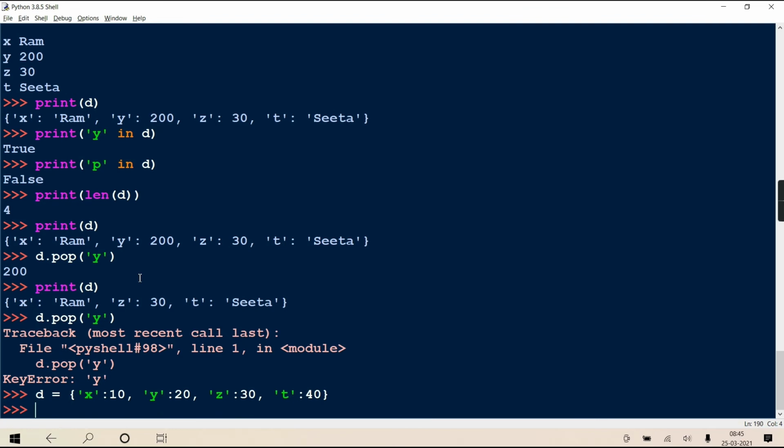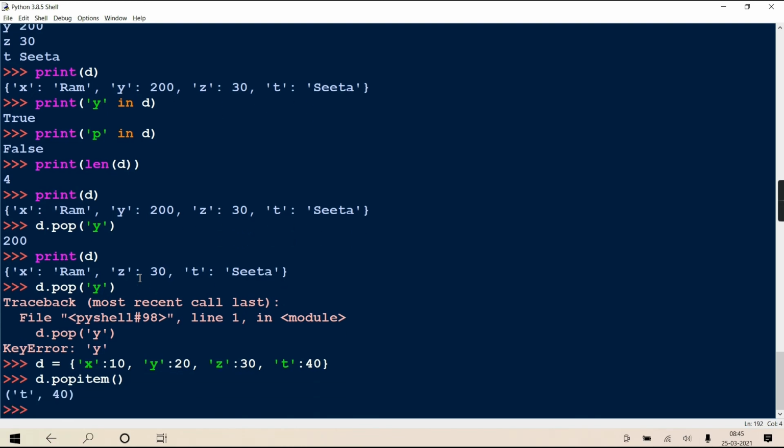Okay, and I'm writing d.popitem(). Nothing is to be passed, and by default it will remove the last item, and the last item which is deleted, it returns as a tuple in the form of key comma value. See, it returns a tuple.